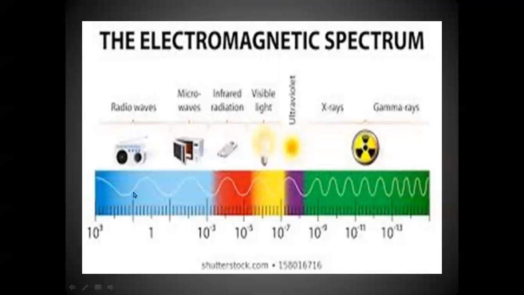This is a color image, but try to understand it in this way: these are invisible to us. So this portion is gamma rays, then X-rays, then ultraviolet rays, then visible rays, microwaves, radio waves,